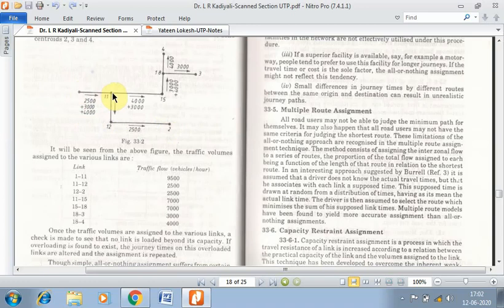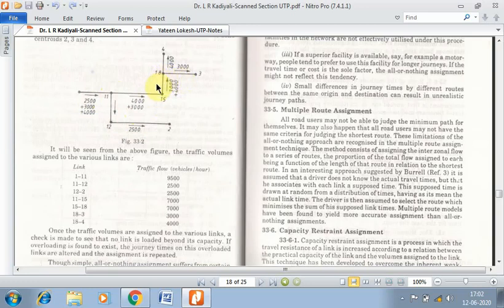From zone centroid 11 to 12 there will be again deviation of 2500 vehicles, and from 12 to 2 there will be again 2500 vehicles. So if 2500 vehicles get deviated from zone centroid 11, you will be left with 7000 vehicles. Now those 7000 vehicles will be moving from zone centroid 11 to zone centroid 15, and the same thing gets continued till zone centroid 18.